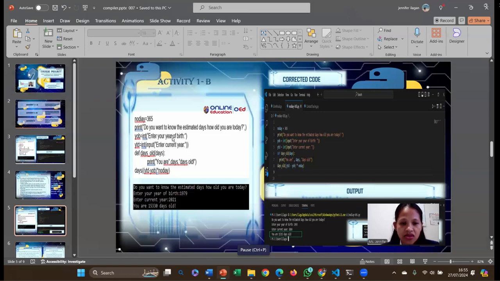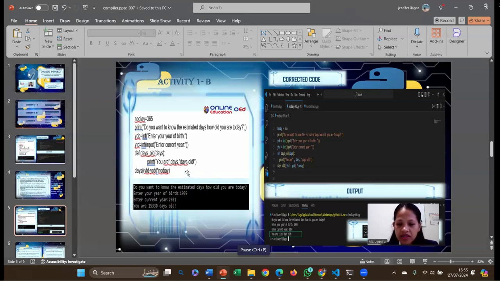This is our integer and assigns it to the variables YOB, or year of birth, and YTD, or the current year. Next, it introduces a function called days_old that, given a simple argument days, returns the number of days the user is old.